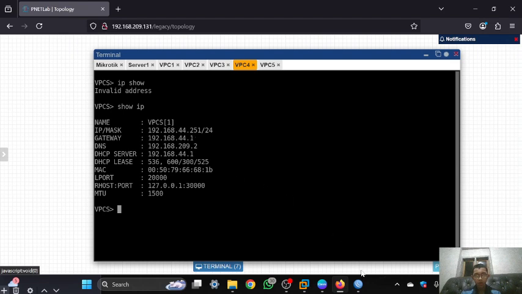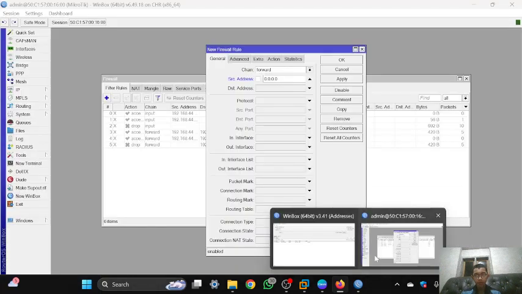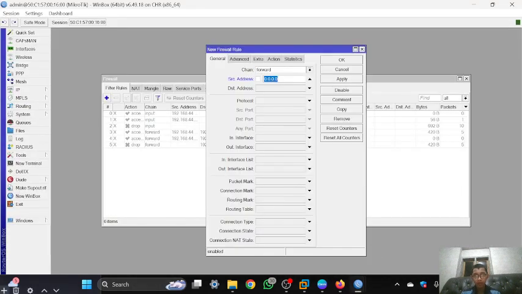Here it is 255 51, and the protocol is ICMP because I don't want VPC4 and 5 to ping the internet.